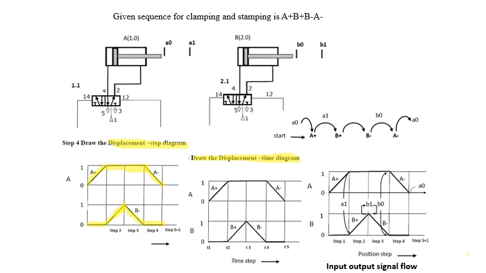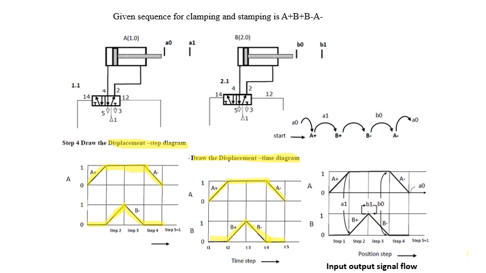Initially we have cylinder A. For example, it takes 5 seconds to move. Cylinder A moves first, and after 5 seconds cylinder B starts to move forward. After 10 seconds cylinder B retracts back. After cylinder B has retracted, cylinder A retracts. Here cylinder A also holds for 10 seconds, and in the same way cylinder B also remains constant at that particular time, meaning there is no functional work. That is the displacement and time diagram.